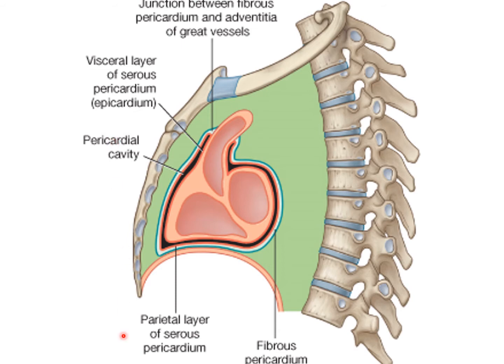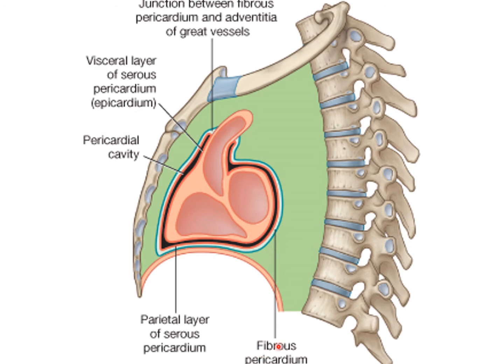The second one is the parietal layer. The parietal layer of the pericardium is on the inner surface of the fibrous pericardium. It is intimately blended with the latter. So these are the two layers of the pericardium, parietal layer and visceral layer. What was the other name of the visceral layer? Epicardium. It is a part of the serous pericardium. So serous pericardium has two types: the parietal layer and the second one, the visceral layer or epicardium. So these two are the serous pericardium.